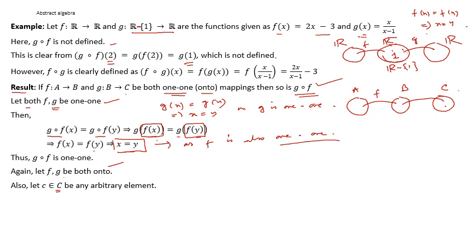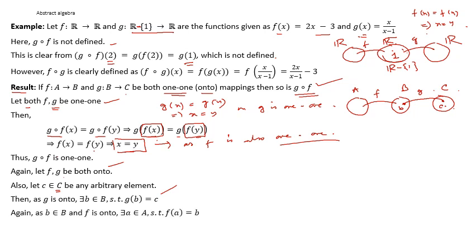আমরা C এর যে কোনো এলিমেন্ট একটা small c নিয়ে নিলাম, any arbitrary element। Now g is onto from B to C, তার মানে C এর প্রত্যেকটা এলিমেন্টের একটা প্রি ইমেজ থাকবে, say b, তার মানে there exists b belongs to capital B such that g of b equal to c, so this element c has a pre-image under g। Again b is a member of B and f is onto mapping, and therefore there exists an element a in capital A such that f of a equal to small b, that means b equal to f of a and c equal to g of b,